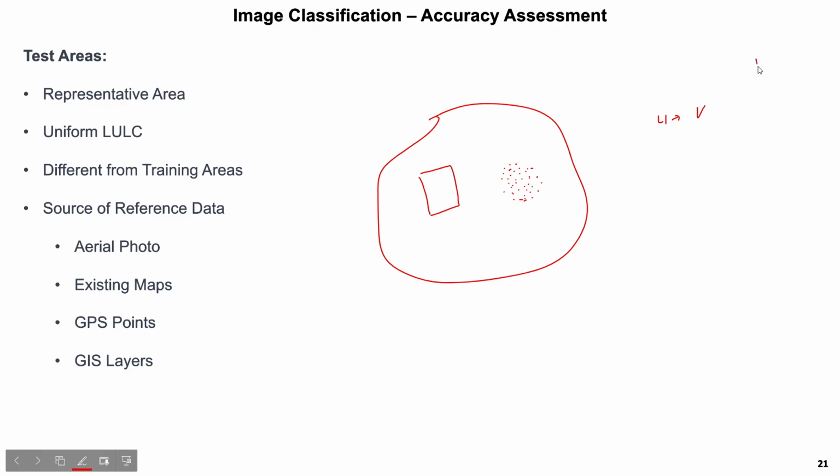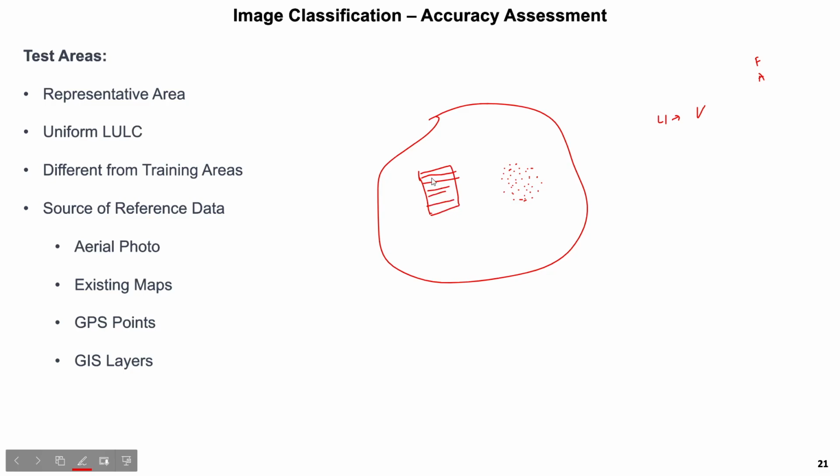I'm not going to separate forest, and I'm not going to separate agriculture separately. So I'm going to bring it under vegetation itself. When you try to do that, you need to select the points such that your training pixel and the testing pixel are from a uniform